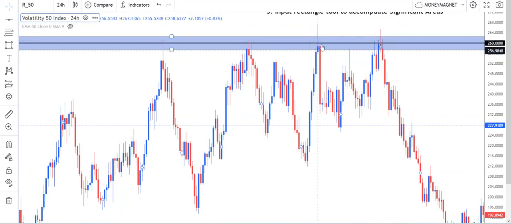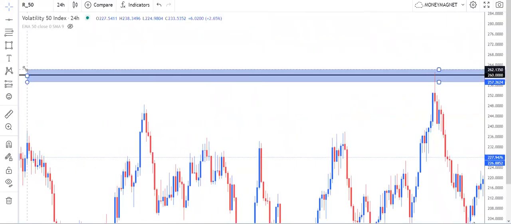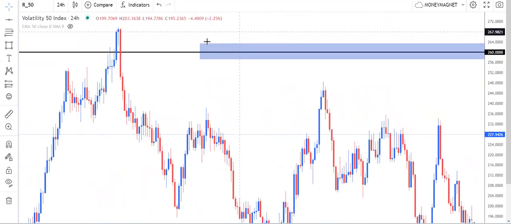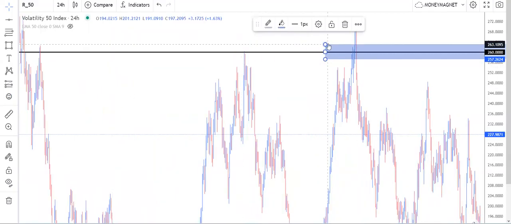And if you understand that this is not just a line, this is an area, then you know that this level is still valid. And you can see very well here. So that's the essence of introducing the rectangle. It helps you depict the fact that this is not just